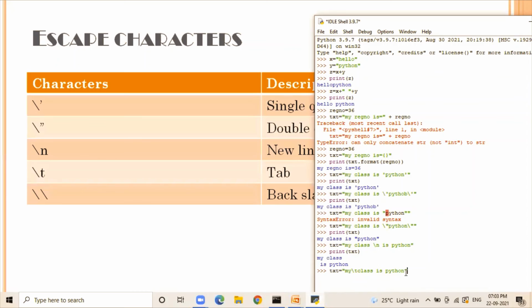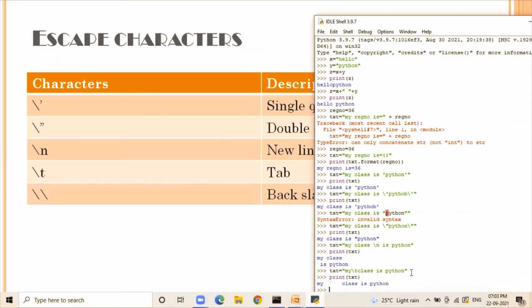I have not given any space, but I have used the escape sequence backslash t, that is tab. And now when I try to print the value of text, you can see there is a tab space given between the words my and class in the output.